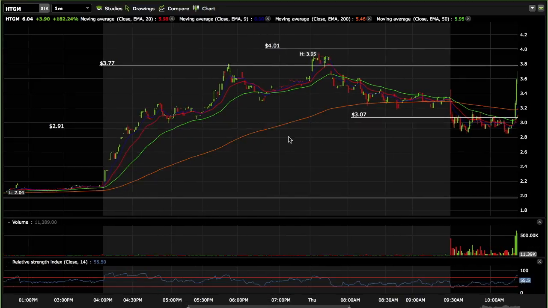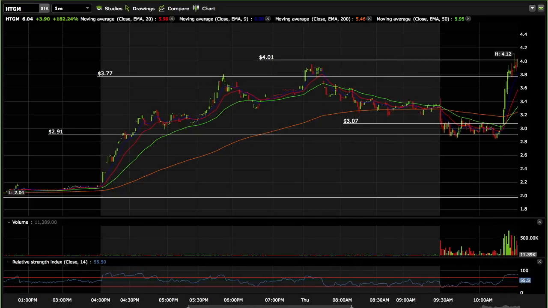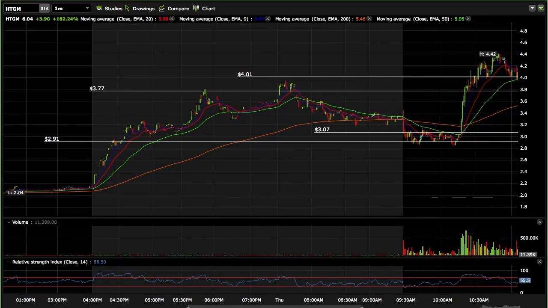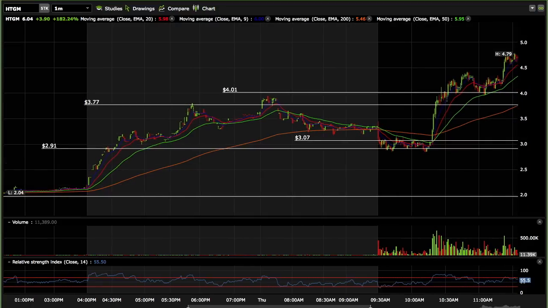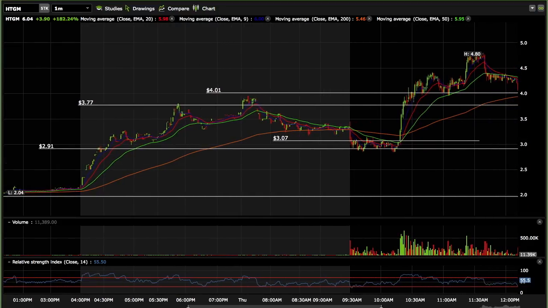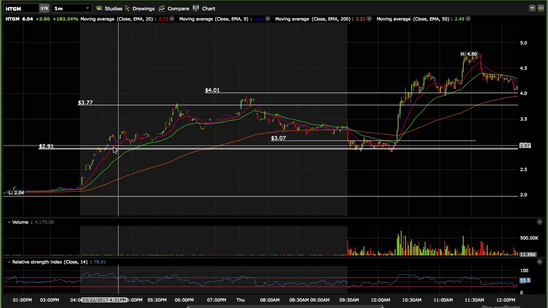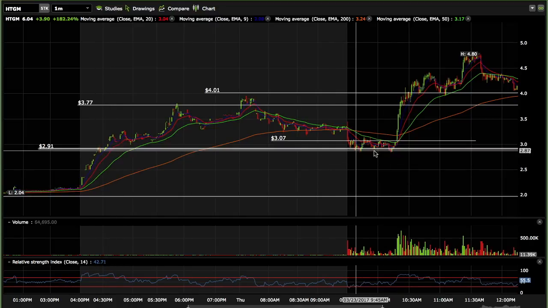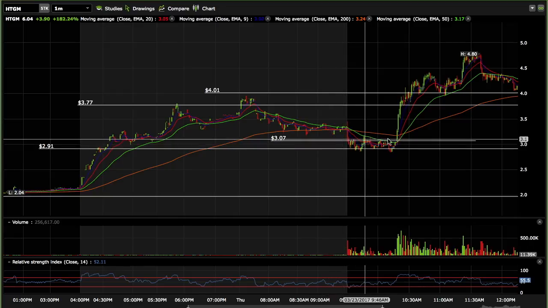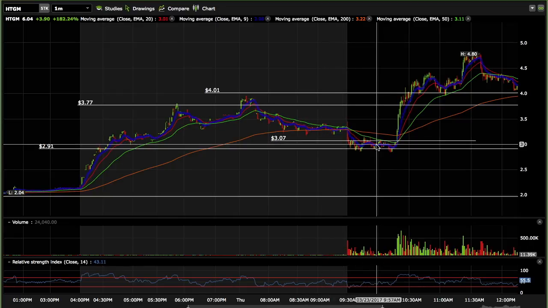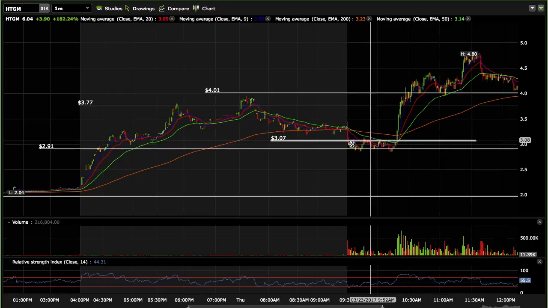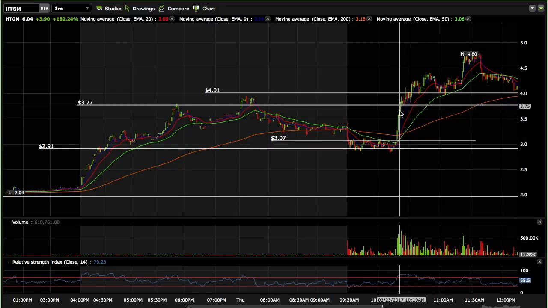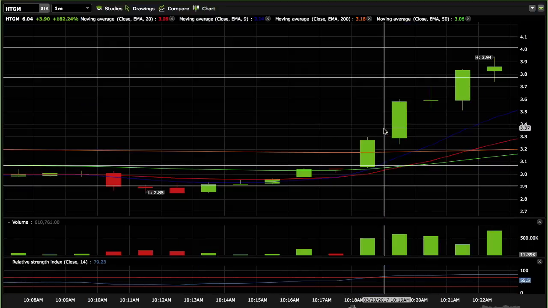So these are all my support and resistance levels I've drawn throughout the day. I'll just open up the chart a little more. And you can also see how my support and resistance levels were respected all day long. So I found a little bit of resistance here, ended up finding support for it over here. $3, whole dollars, are always big resistance or supports. So found the $3 in this right out of the gate, right? And then once we broke out of $3, we were off. But then you'll see right here, we actually had